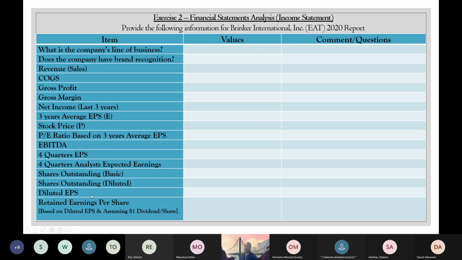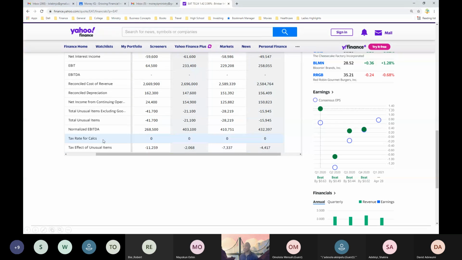Now, remember, like I always said, don't look at one thing, look at all the items. On that spreadsheet, the template that we talked about earlier, that's one of the things that I called out. Okay, the diluted earnings per share, I think we all can pull that now, which I had shown before. And the last line says retained earnings per share. So when the company makes net income, which is essentially the last line before you start going through all the other things on your income statement, when a company makes net income,